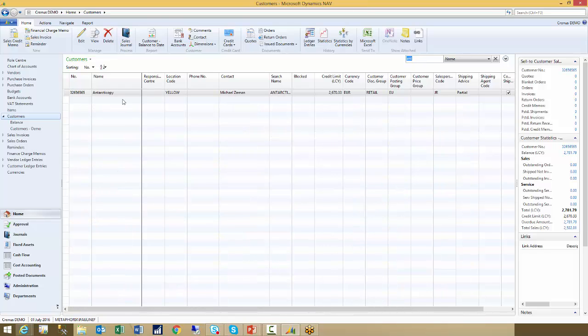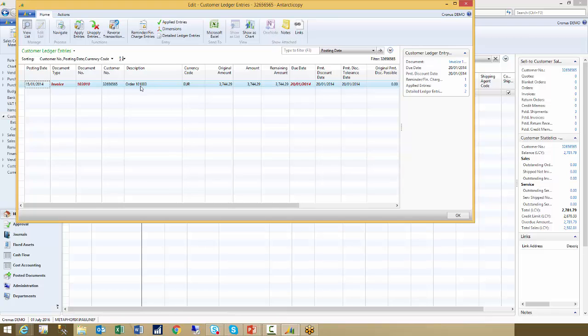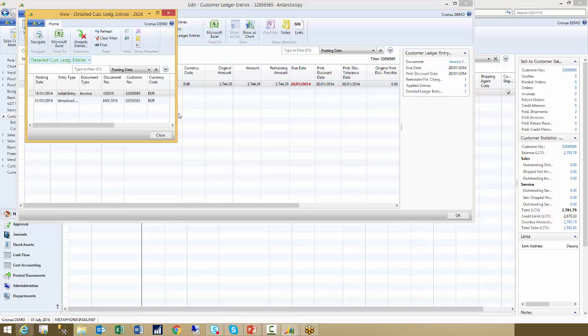It's Antarctica B. So from here we can go to ledger entries, and from our ledger entries we then can go to our detailed ledger entries,